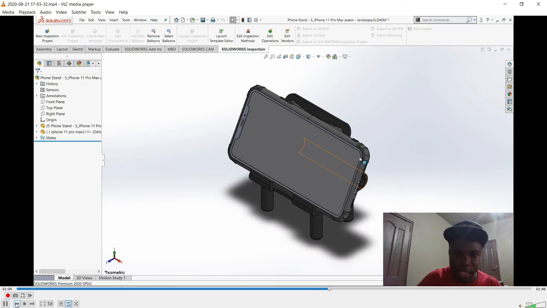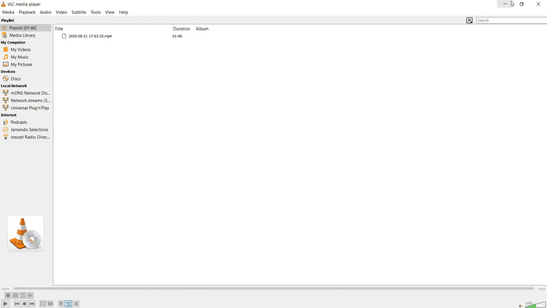But that is it. That is how to record your webcam and screen with